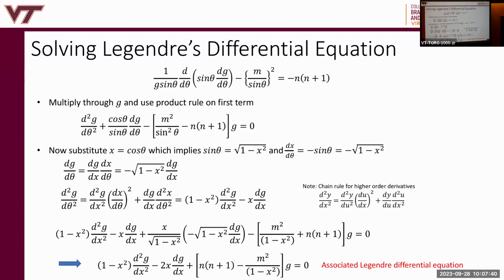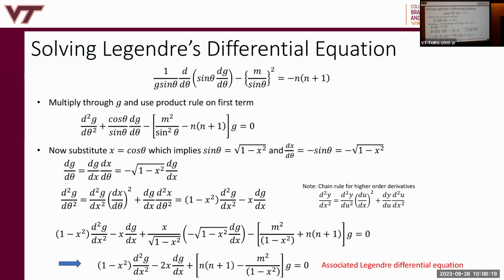Okay, now we're going to substitute x equal to cosine theta, and you'll understand this substitution in your homework as well. But x equal to cosine theta implies that sine of theta is the square root of 1 minus x squared, right? By definition, because sine of theta is 1 minus cosine squared, and then take the square root of that. Then we have dx d theta. We can differentiate our substitution here, and we get minus sine of theta. We relate it back to this result. We get minus the square root of 1 minus x squared, all right? Take all of this, substitute it into our differential equation, and we've transformed variables.